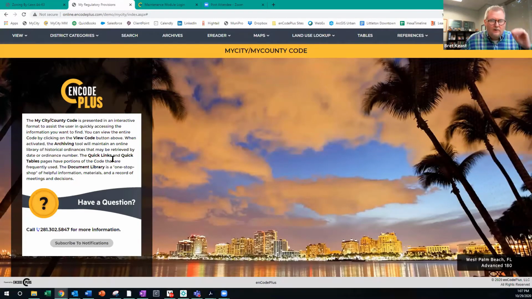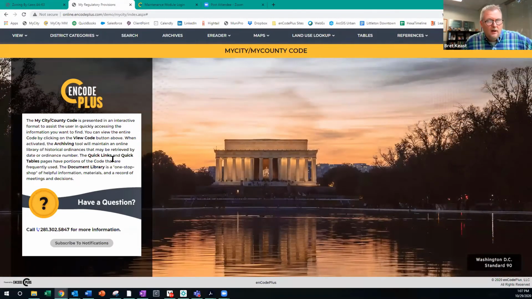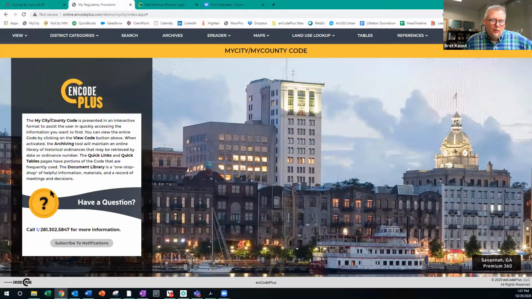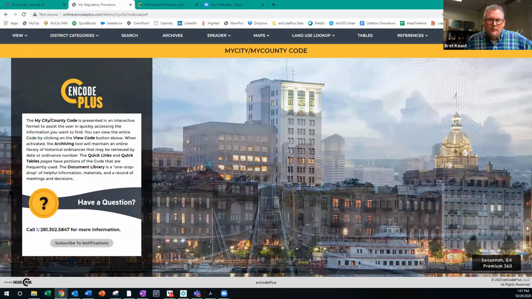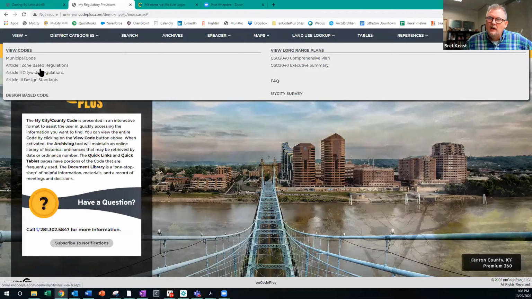So if you have landowners, builders, developers, design professionals, or even internal departments, courts or legal or somebody of that nature, they can subscribe and they will be notified immediately upon any amendments that are published and posted. So I'll just go into, in this case, zoning,